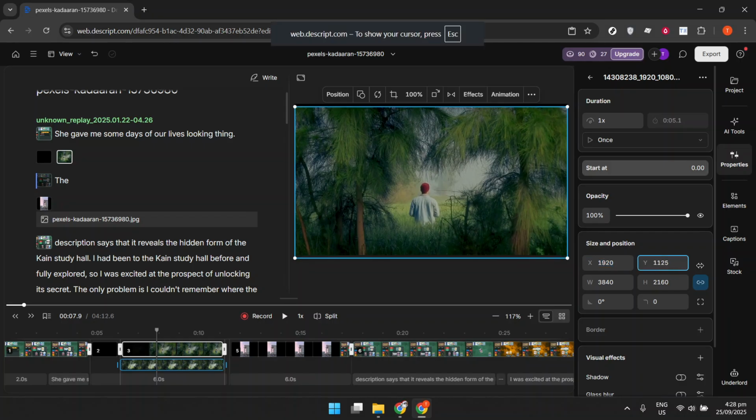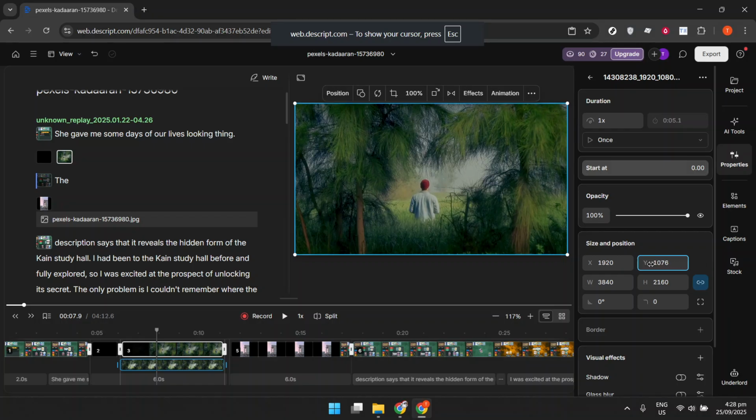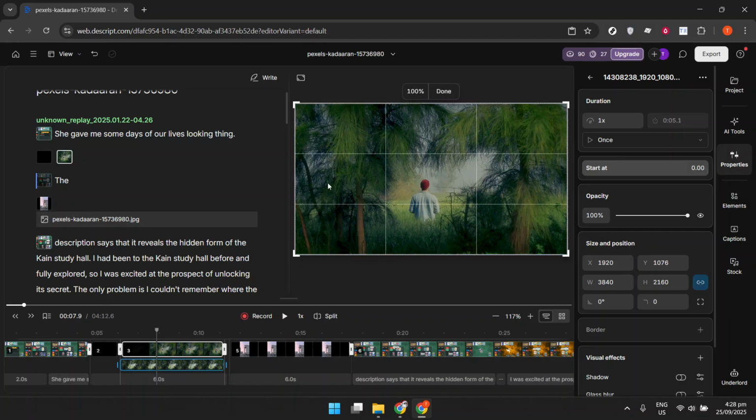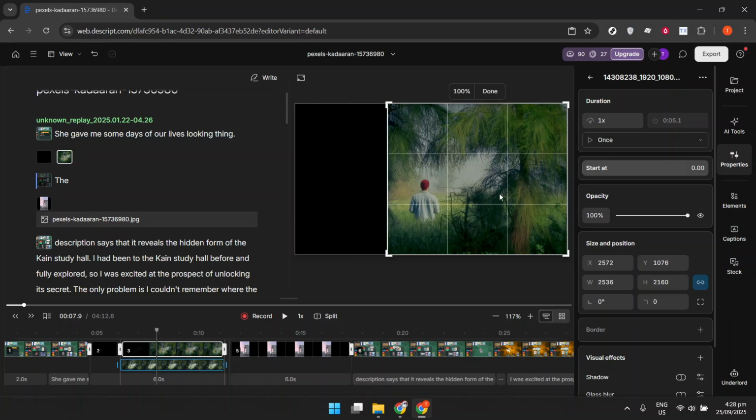From here comes the exciting part, choosing the correct orientation for your video. Change the orientation to portrait, or select the 9:16 preset, which corresponds to a vertical format. This adjustment is key for making sure your video fits beautifully on platforms that favor vertical content, like Instagram Stories or TikTok. Take a moment to preview your video and see how it looks now that the aspect ratio has